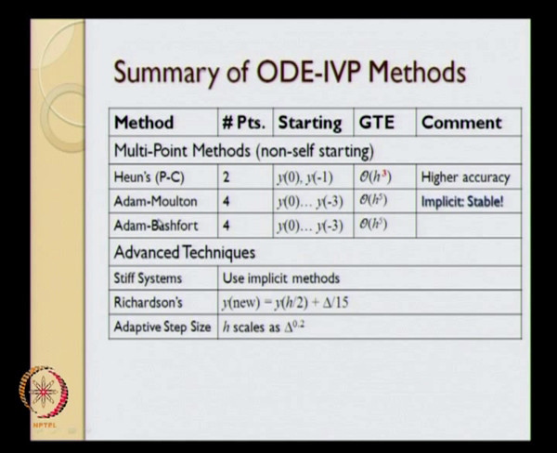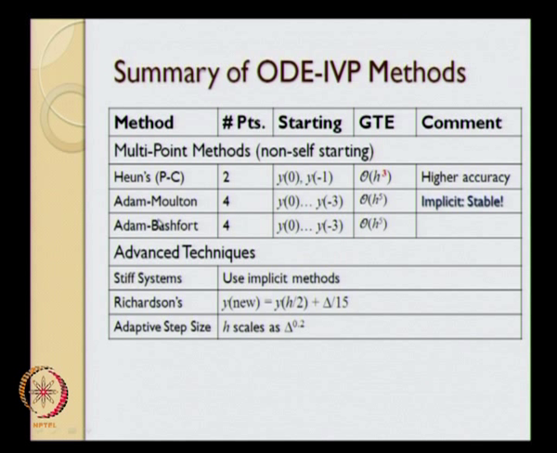We just talked about stiff systems. If the ratio between the largest and the smallest eigenvalue in your system is greater than 10 to the power 5, do not even think about it, just go and use implicit methods. The specific implicit methods that I can suggest to you are either the Adams-Bashforth method or the Crank-Nicolson method. You have the choice to use one of the two. In MATLAB we have ODE15s that solves a stiff system of equations. The other thing we talked about is Richardson's method in order to improve the accuracy.